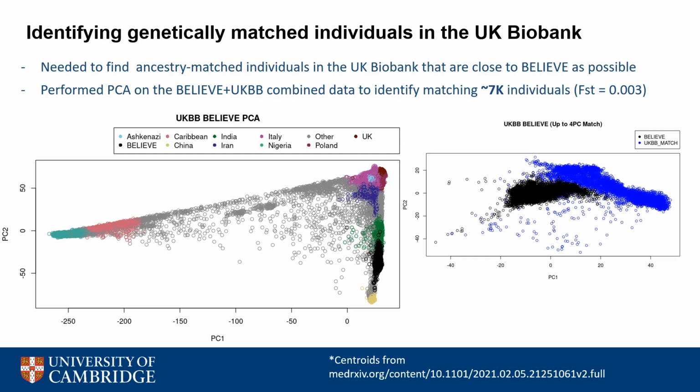The two PCA plots here visualize how the two cohorts relate to each other. The plot on the left depicts the full UK Biobank with all ancestries combined with the Bangladeshi cohort, which shows that our Bangladeshi data, in black, falls near the individuals genetically similar to the reference populations from India, which was reassuring. And on the right, this is the final subset of individuals in our study, Bangladeshi in black and UK South Asians in the UK Biobank in blue.